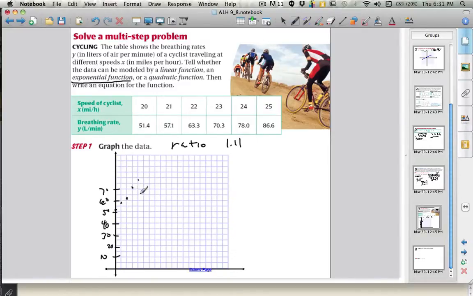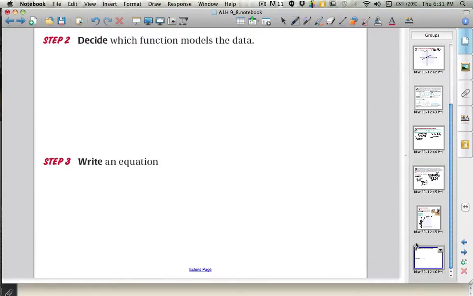It would have looked better maybe if I'd put it in a graphing tool. But because I've already figured out the ratio, I know that this is an exponential function that's going to go ahead and have a curve to it. So let's go ahead and write the equation. So we decided it was exponential. And if we want to write the equation,